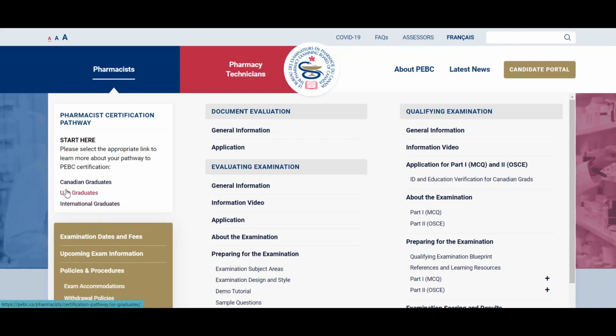Now, US grads have a different pathway. If you are a US grad, you're also international, but you're from the US, so you have a different pathway. Do not go through the international grad pathway, but this is basically anything except the US and Canada. I'm going to click on that,